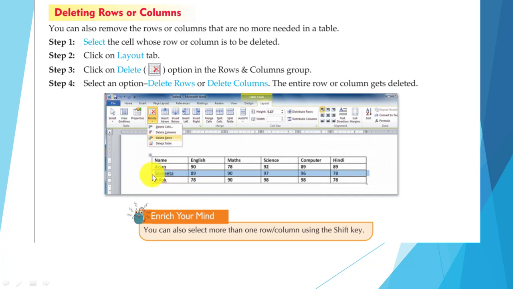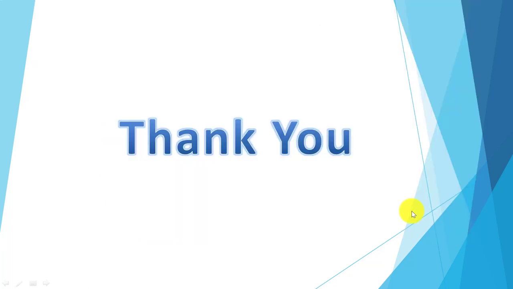If you want to delete this row, Sangeeta, English marks 89, Maths marks 90, then we select the complete row. In the table toolbar, go to Delete: Delete Cell, Delete Column, Delete Row, Delete Table. There are four options. We want to delete the row, just click Delete Row and the row will be deleted. Another option is select the row, then right click, there will be a Delete option. Click on Delete, what you want to delete, row or column, and it will be deleted. Thank you.